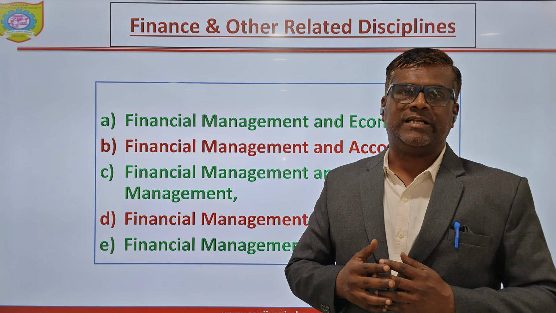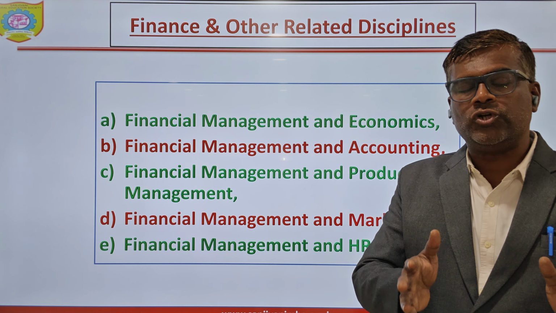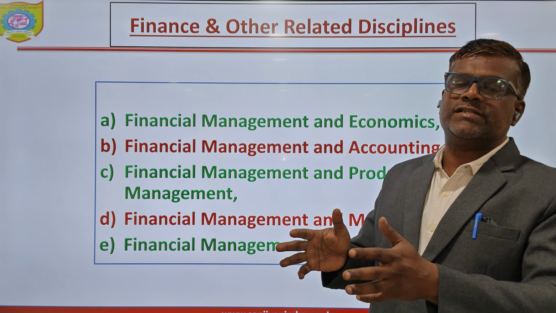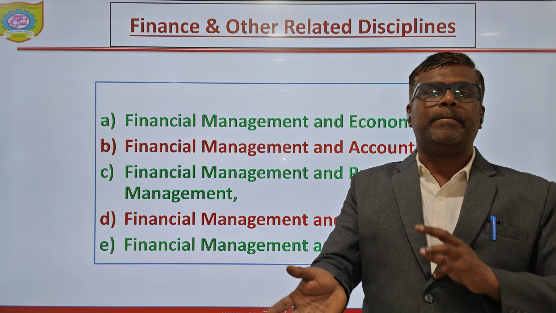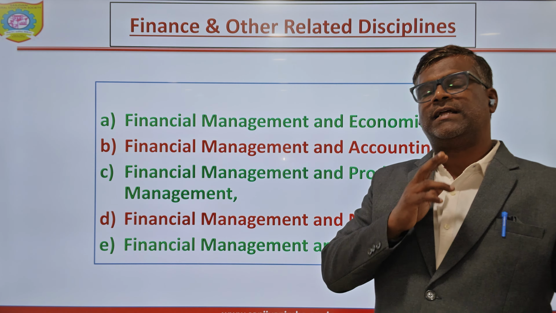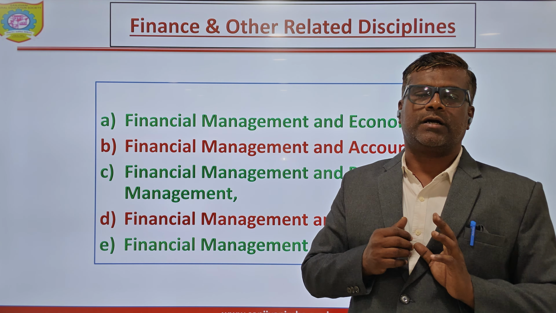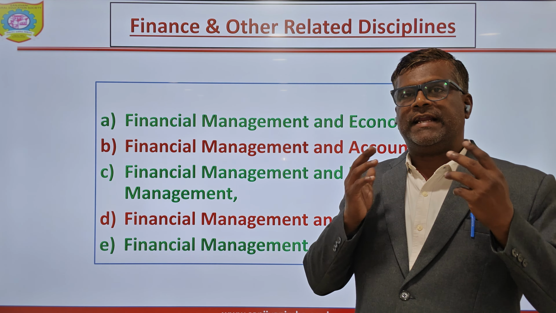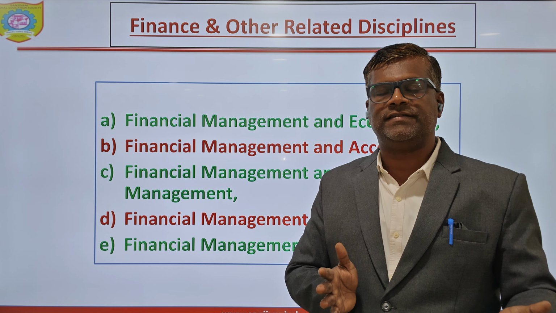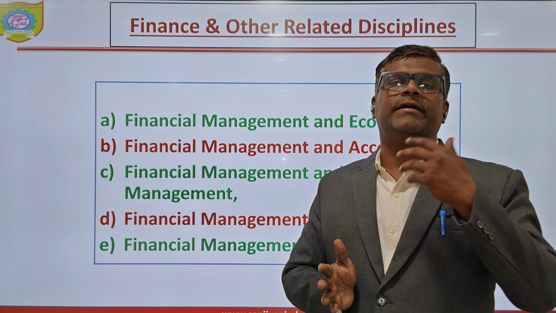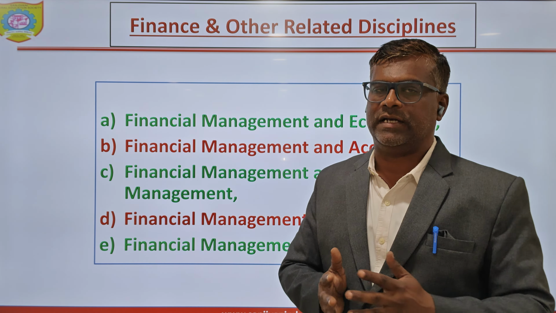And what is financial management? Financial management will use all these recorded facts out of the accounting, by playing with the numbers and the several variables that are mentioned in the accounting. So financial management actually makes better decisions on the basis of the facts and figures recorded by accounting. You can say financial management uses the records of accounting and makes better business decisions to improve the performance of a business organization.